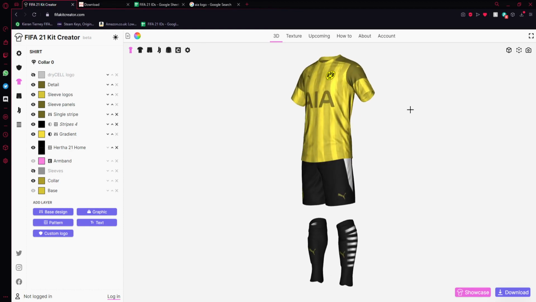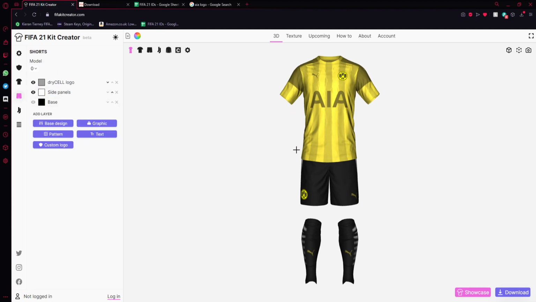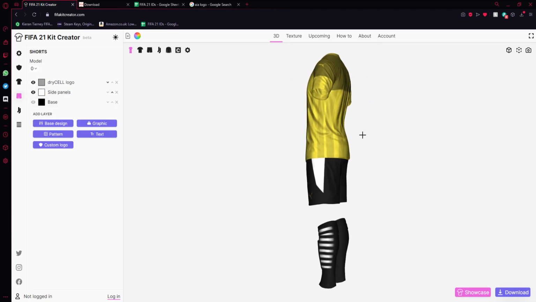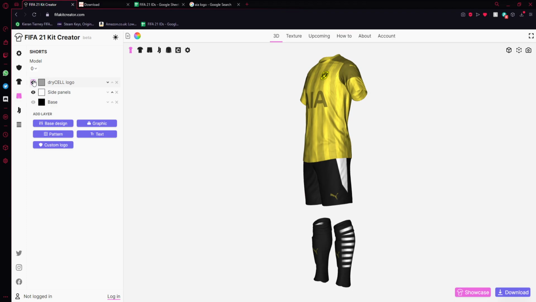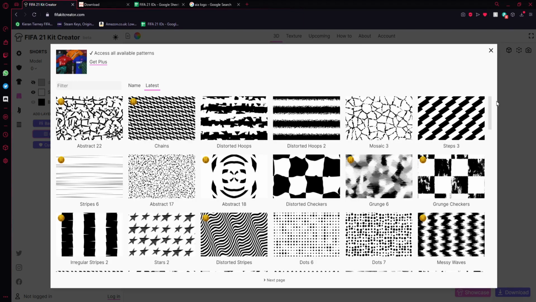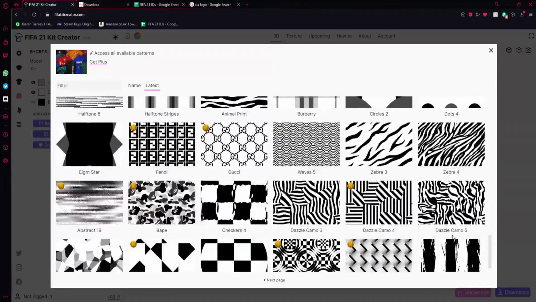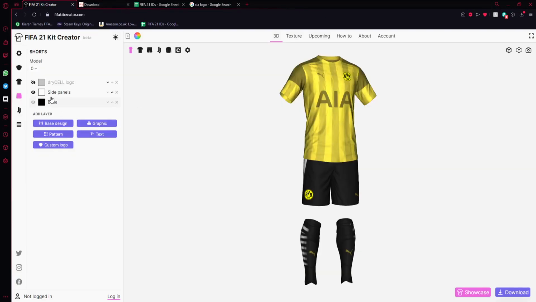We're not quite done yet. What you're going to want to do is go onto this tab here, which is the shorts, and if you've done the same as me, get rid of the dry cell logo. Now what you can do is go on patterning again and click on the same ones to make it the same, or you could do what I do,